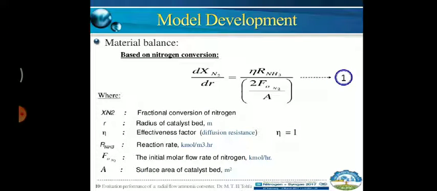So here is the mass balance based on the nitrogen conversion. The equation for nitrogen conversion is used like this: dx of N2 divided by dr equals efficiency times r of NH3 divided by 2F0 of N2, times A, where x N2 is the fraction conversion of nitrogen, and dr is the radius of the catalyst bed,